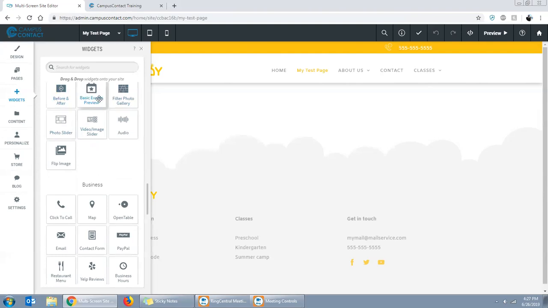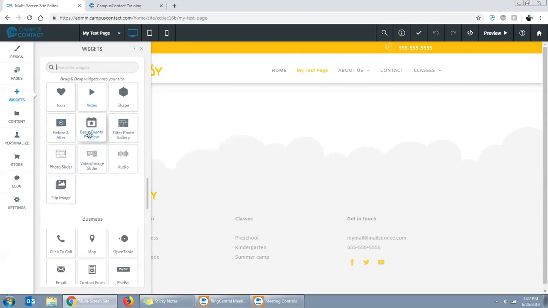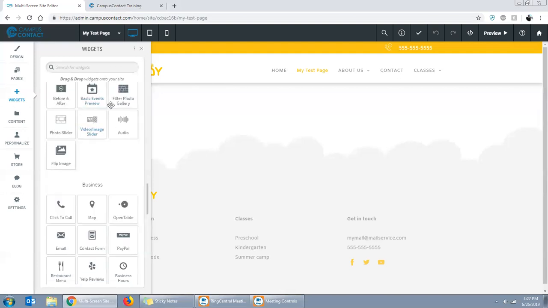It's a standalone events option, not connected to the other events or calendar widget, but you can have a slider or a list, either horizontally or vertically, of events for your site. A filter photo gallery allows you to put a lot of different photos in one location and have them grouped